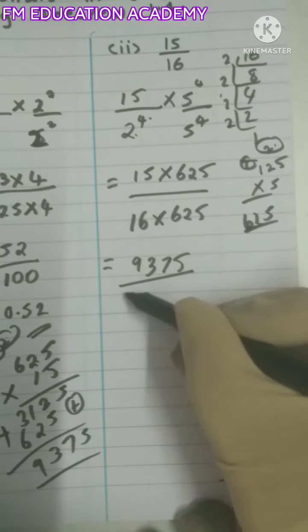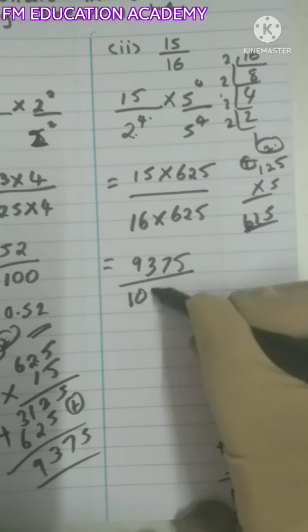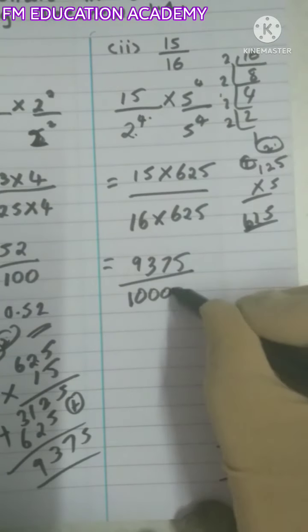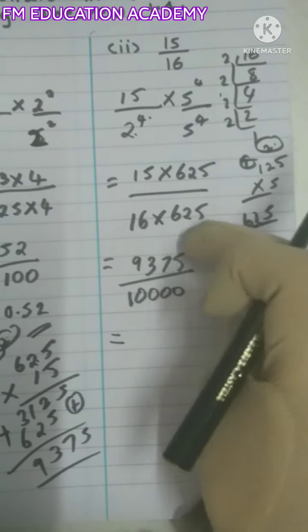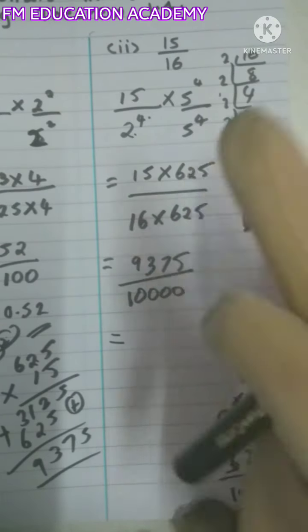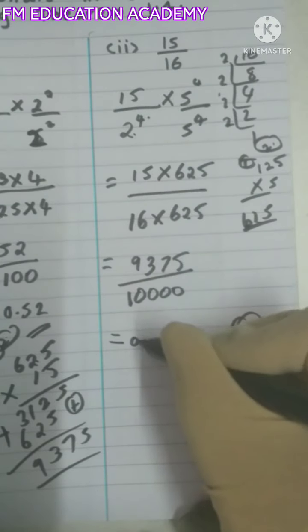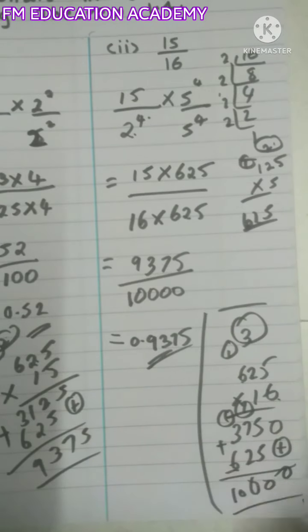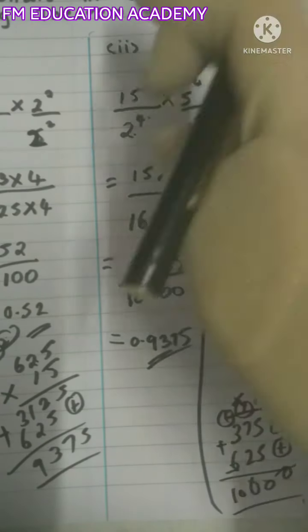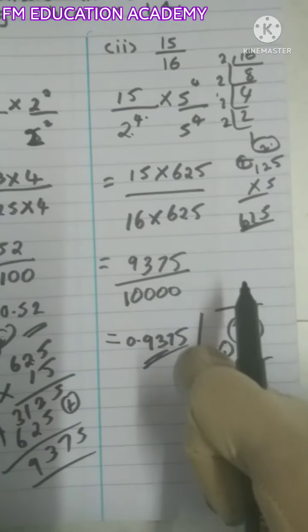तो मैं इसको क्या लिख सकती? 16 इंटू 625 को 10,000. अब यहाँ पर फिर से हम लोग के पास जीरोज है डिनोमिनेटर में, तो हम लोग इसको डेसिमल फॉर्म में लिख सकते हैं। 4 जीरोज है तो कितने प्लेसेस में शिफ्ट करना है हम लोग को लेफ्ट साइड, 4 प्लेसेस, बिकॉज 4 जीरोज है, 1 2 3 4, तो हम लोग इसको कैसे लिख सकते हैं, 0.9375। ठीक है, आई होप यूर अंडरस्टैंडिंग कैसा हम लोग थ्योरम 1.4 को यूज़ करके कन्वर्ट करके इसको डेसिमल फॉर्म में लिख रहे हैं।